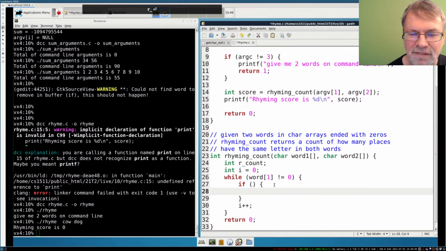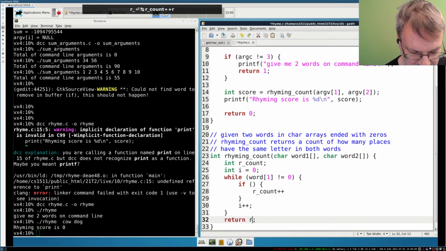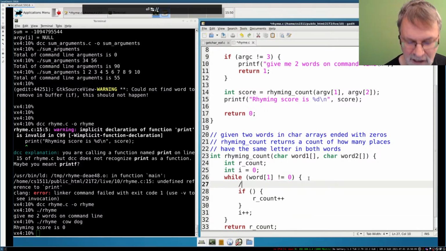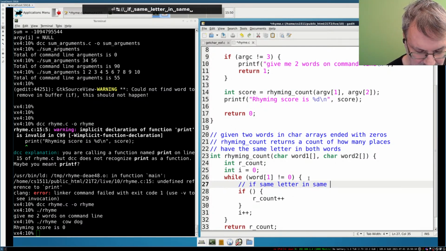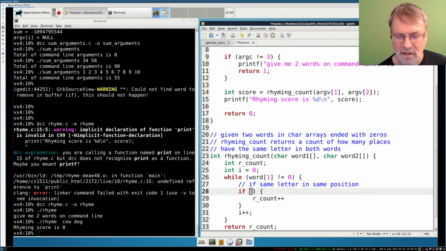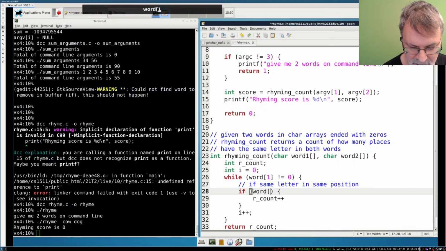And if they've got the same letter in the same position, increment it and return it. That's my plan. And I can do this. All right. If word1 I